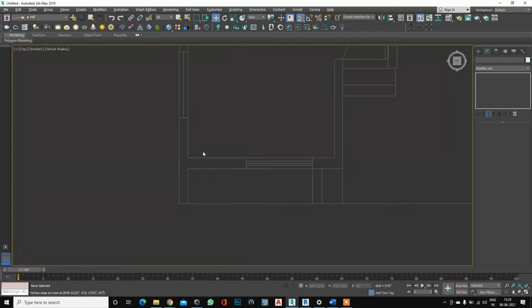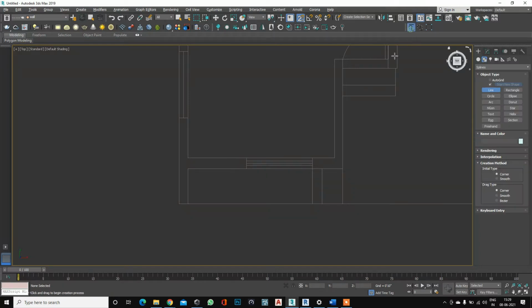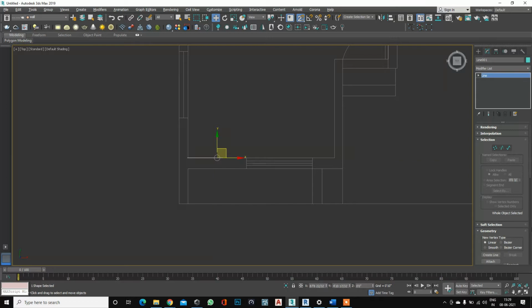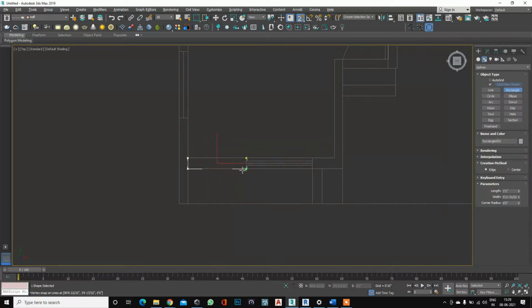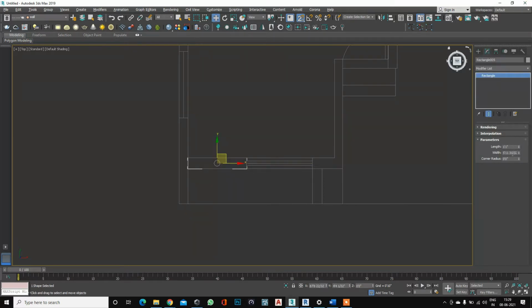I don't know this parameter, so I can select a line, then draw the line, and go to Modify here. Just a second. Yes, from here we can measure, select, and here we can find the width. So that's how we can measure in Max, because there is no measure tool in Max.